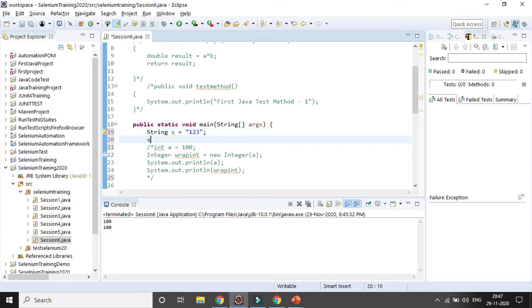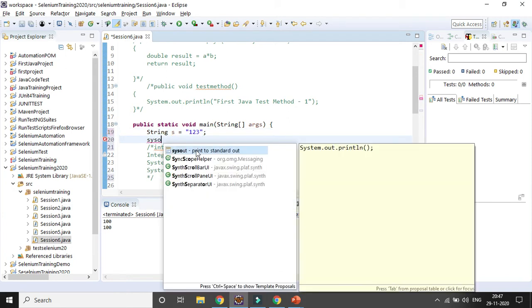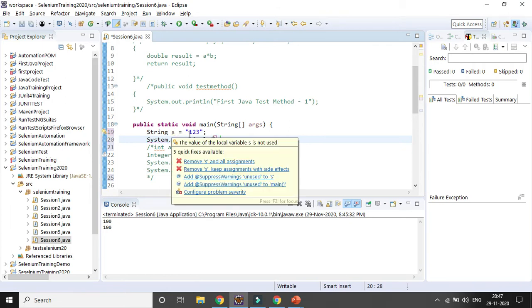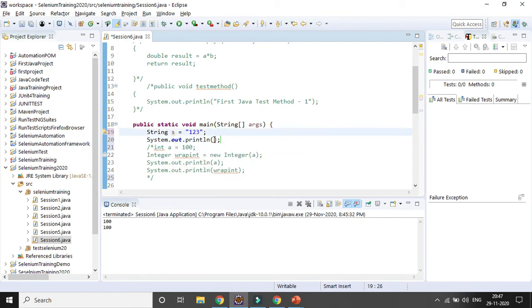Now say if I want to add some number with that string, if I want to add 50, so s plus 50, what will happen? I already mentioned, for a string if you want to add some numeric value, it will be concatenated, not added. So what will be the output? The output will be 123 and then 50, that will be the output, because it will simply concatenate, not sum.